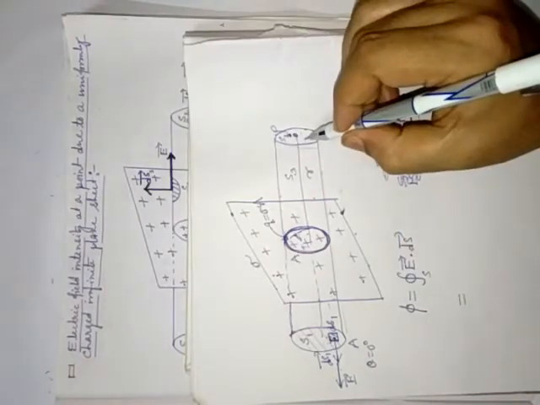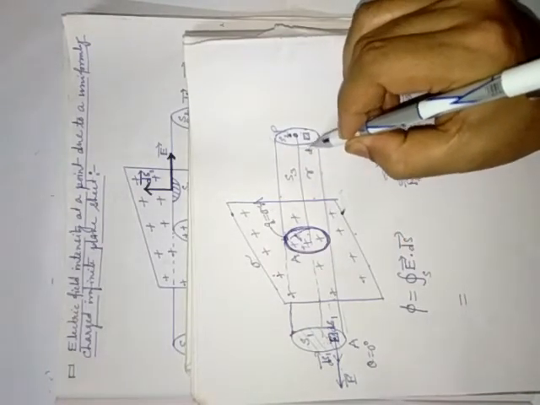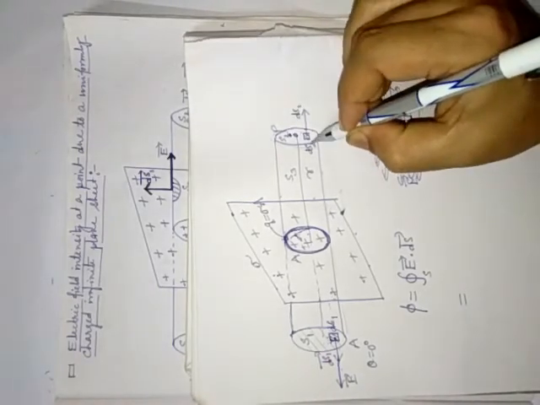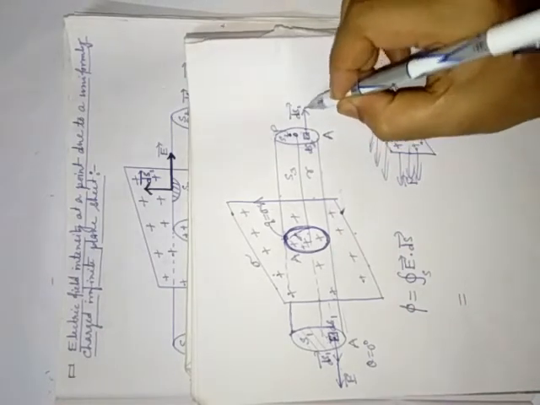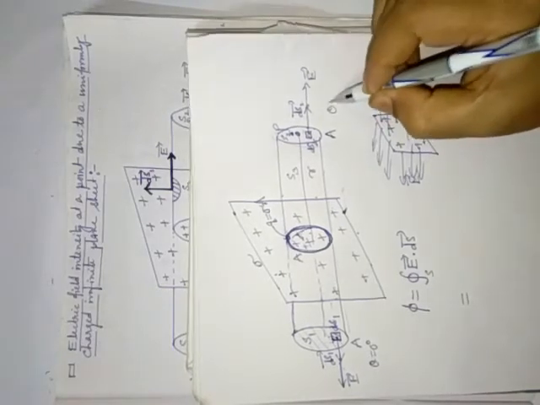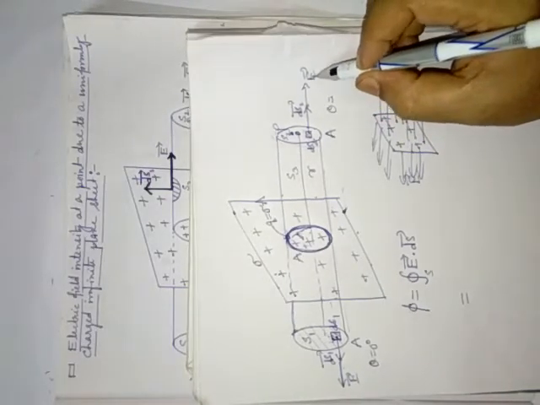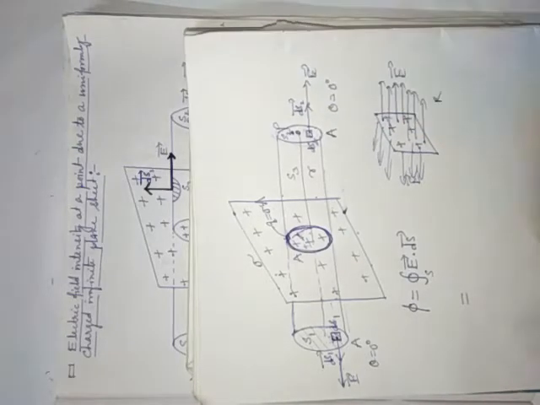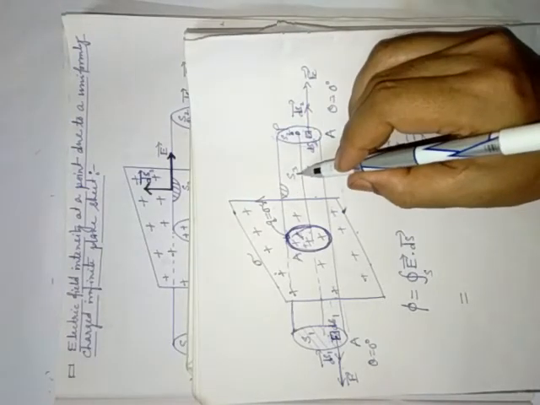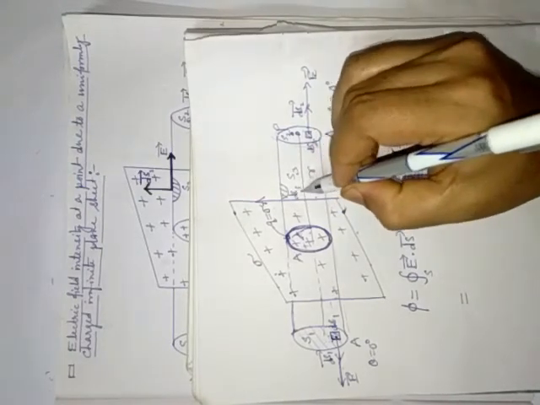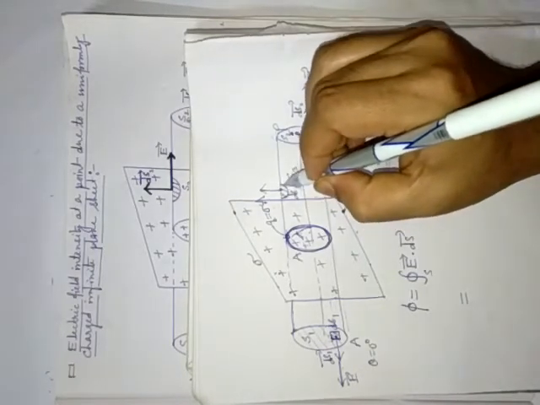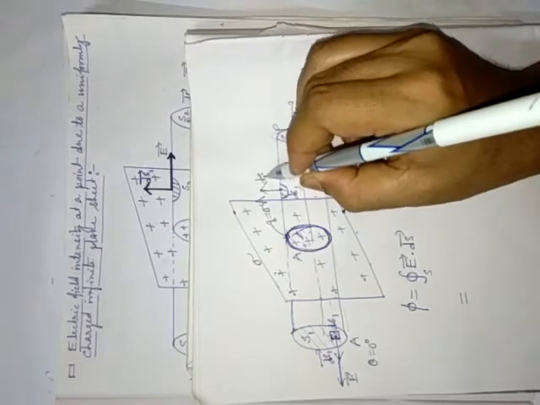0 degrees. Again, if you consider a small area dS2 and draw an area vector on dS2, it will be along this direction. Again, the electric field in the right direction is along this direction. Here also theta, the angle between electric field intensity and dS2, is 0 degrees. Again, if you consider a small portion of the curved surface S3, that is dS3, and draw the area vector, it will be perpendicular to dS3, along this direction.